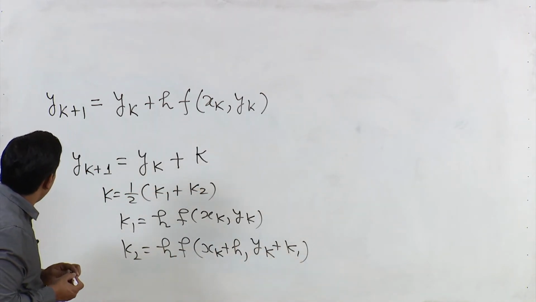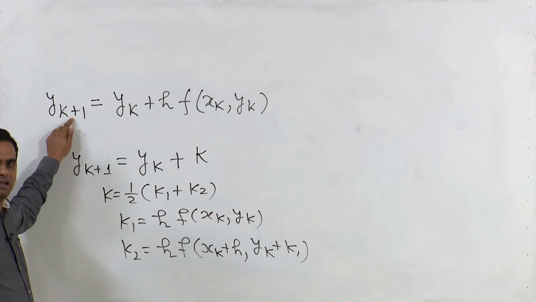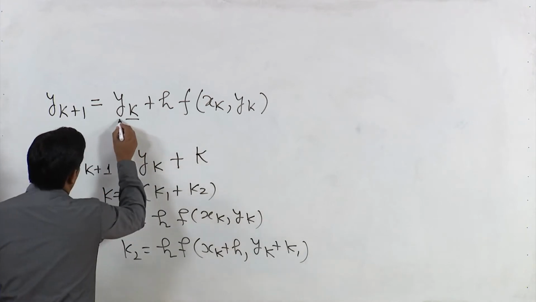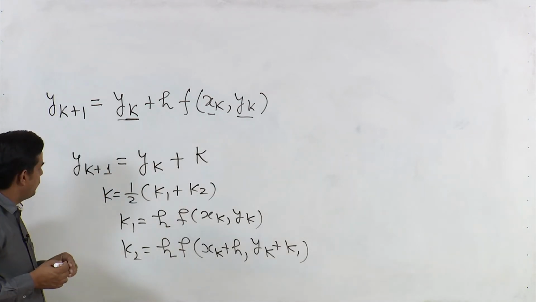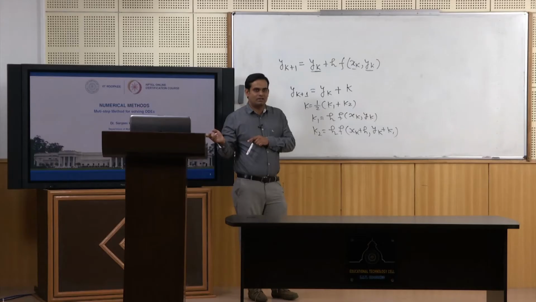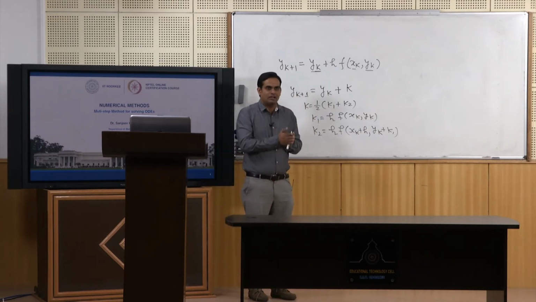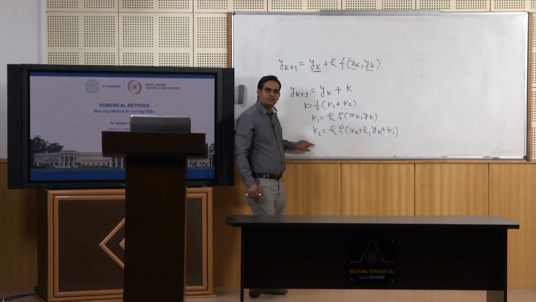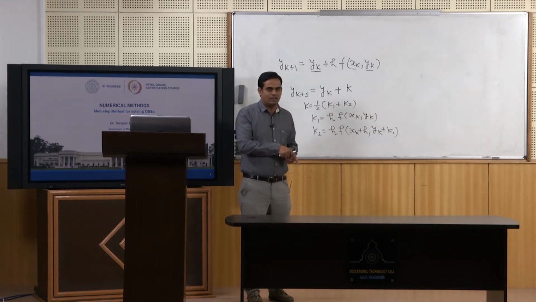Now please look here that for finding the value of y at x equals xk plus 1, that is yk plus 1, we are using the value of y at x equals xk, that is xk and yk. So for finding the value in the next iteration, we are using only the value of the current iteration. Similarly, we are doing the same thing in the Runge-Kutta method. So here we are moving one step: for finding the value in the next iteration we take the value of the current iteration only.